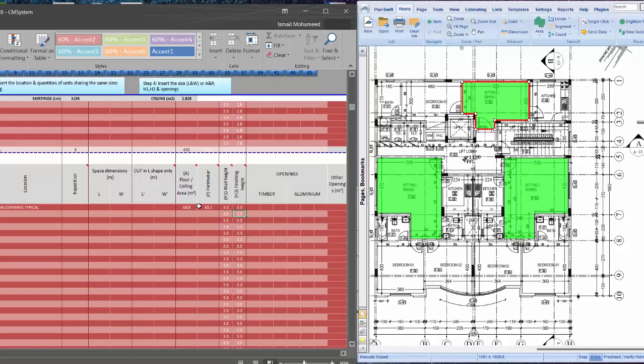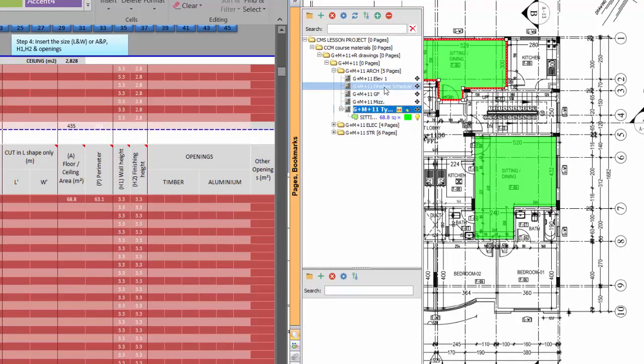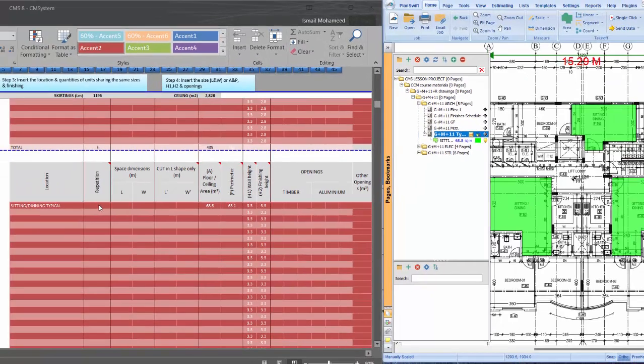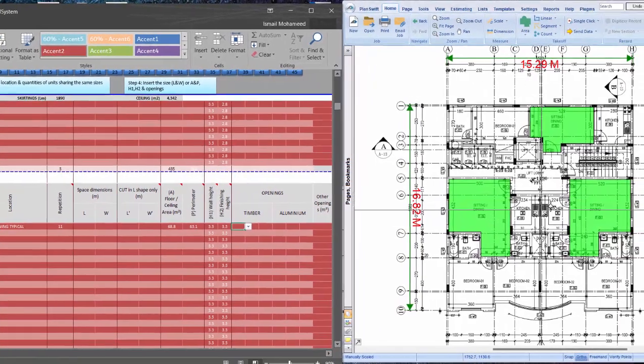Okay, now we need the number of the repetition. In this project we have 11 typical floors, as we see here, so this automatically will be repeated 11 times. What else? We also need to insert the number of the openings, which is related to these 3 areas, which is, as we see here,